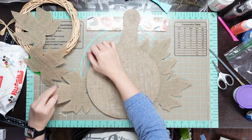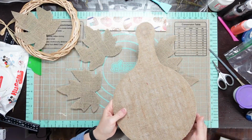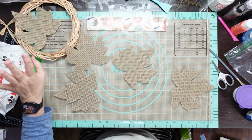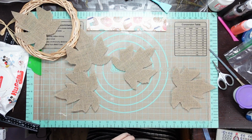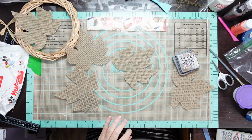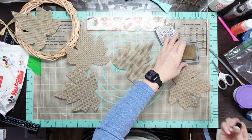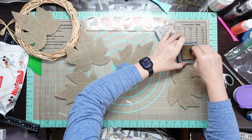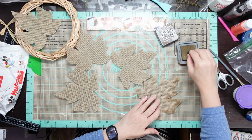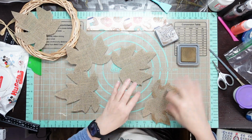So I'm going to put these back here. You only need 4. There's 5 in a pack, and you only need 4. But I'm going to take and put some distressing ink. I'm not sure which one. Walnut. I used walnut this time. This is walnut. Or ground espresso. Just use one of them, whatever you got. I love these distressing inks. You could use wax, whatever you want to, but I'm going to go around my leaves and just put a little, well, yeah, you see what I'm doing right there. And then I'm going to put some